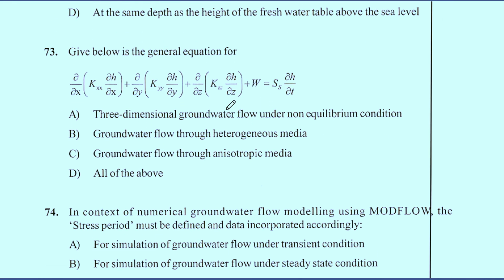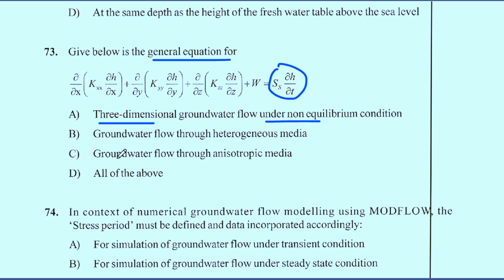next question, general question. Okay, general question, you can directly get this from a groundwater book. Okay, and it is three dimensional because xyz is there. Okay, and it is non-equilibrium. If it is equilibrium we will get 0 here. Okay,